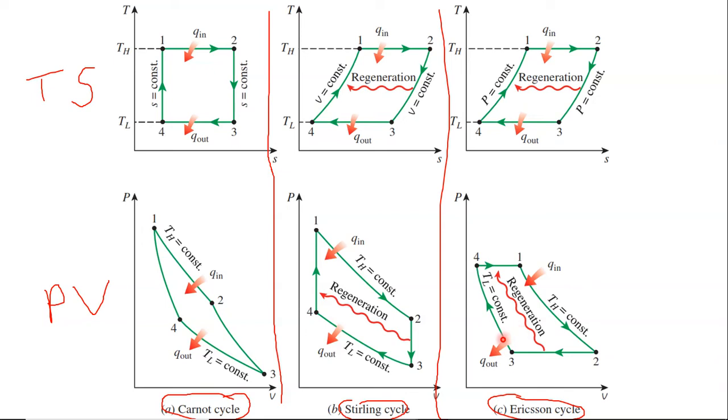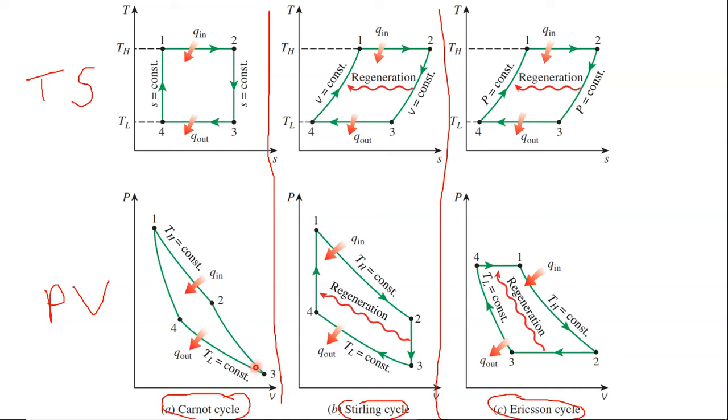So basically the Stirling cycle is similar to the Otto cycle. The difference is these two processes are isothermal instead of isentropic. Where was isentropic? In the Otto cycle. In the same way, the Ericsson cycle is a bit similar to the Brayton cycle, but in the Brayton cycle, here we had isentropic, here also we had isentropic, but in the Ericsson cycle we have isothermal and isothermal. Now here you can see something has been written like regeneration in the case of the Stirling cycle, and in the Ericsson cycle also regeneration has been written. How this actually works we will see.